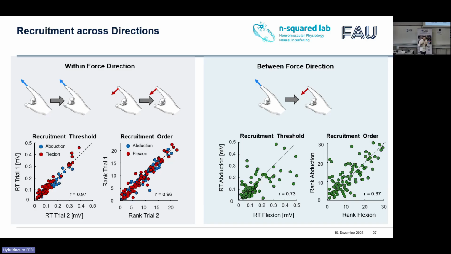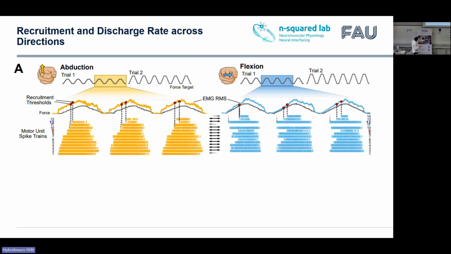So then the next question was, why is this happening? Desmet could not find that because he was finding one motor unit at a time. But now we have a population view of the motor unit. So you can see here exactly what's happening. So you have an abduction task, and this is the flexion task. So this is the force, and this is the